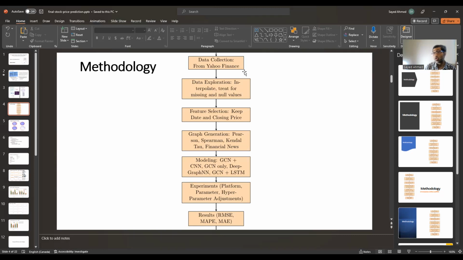Actually, I believe I downloaded the data from Kaggle this time for sure, and that was financial news articles. So these are 2 different sets of data. The first data set created the Pearson, Spearman, and Kendall Tau based graphs, and the finance news data helped me create the financial news based data and the corresponding graph. Then I will be applying my model on the data for the stock price prediction. Now it looks like I need to change the diagram one more time.